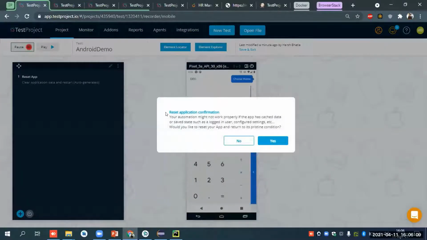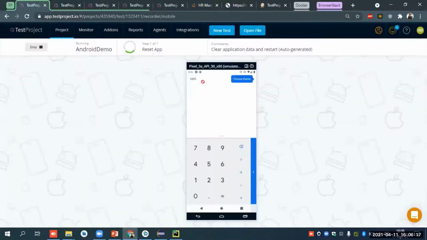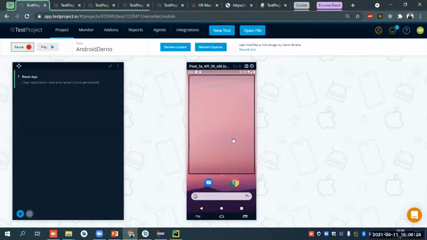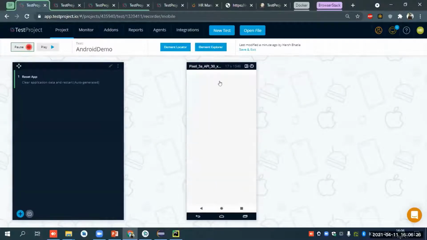Reset application confirmation. It will ask you whether you want to reset your application. I will hit yes, and it will reset the application which I have mentioned. In this case, it's the calculator application. After resetting, it will open our calculator application.